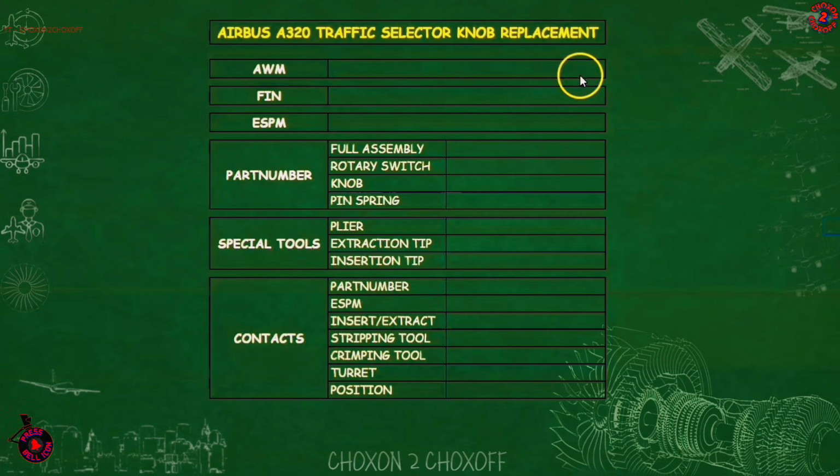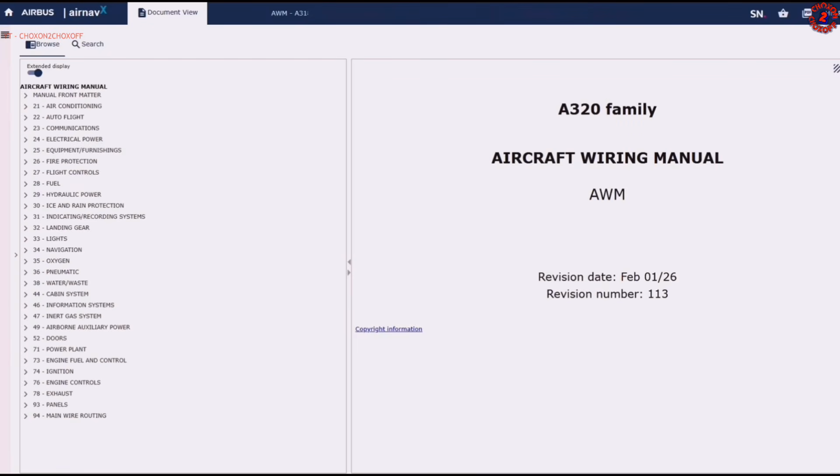We will be finding first all these details from our manual so that it is easier for the replacement. We'll find the concerned wiring manual, the FIN, the replacement procedure, the part numbers and special tools, and the contacts detail. Okay, so let us go in our aircraft wiring manual. Our concern chapter is